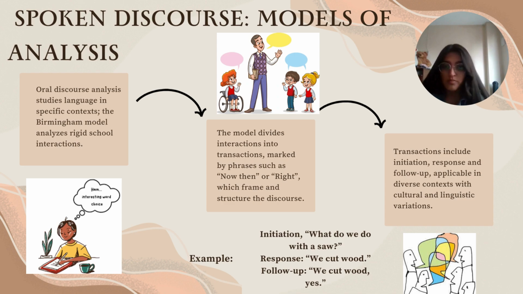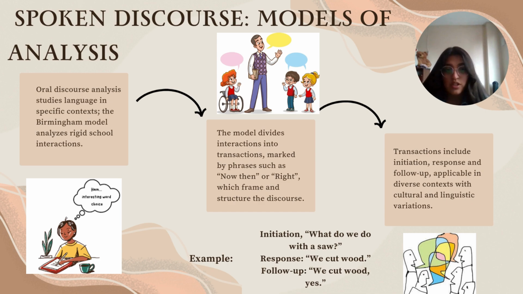In the classroom, the teacher and the students usually follow a clear pattern when they talk. This pattern consists of three steps. Initiation: basically, the teacher begins by asking a question, providing information, or giving an instruction. For example, the teacher may say, "What do we do with a saw?" Response: the student responds,